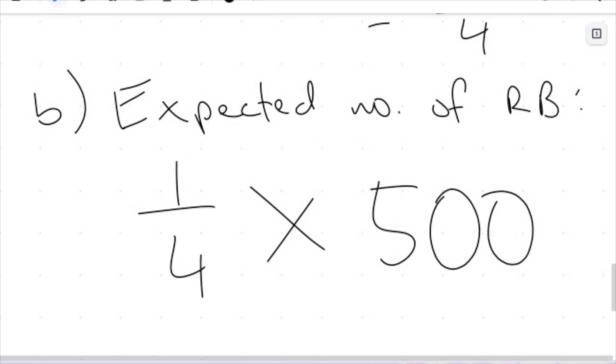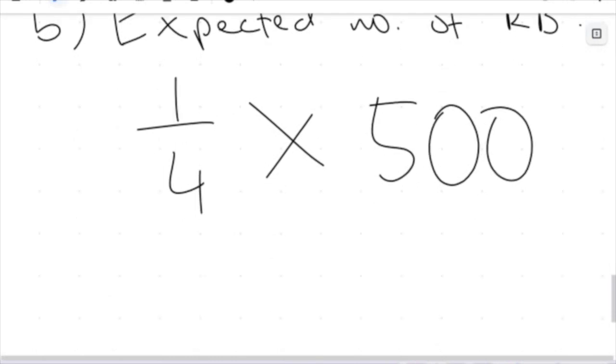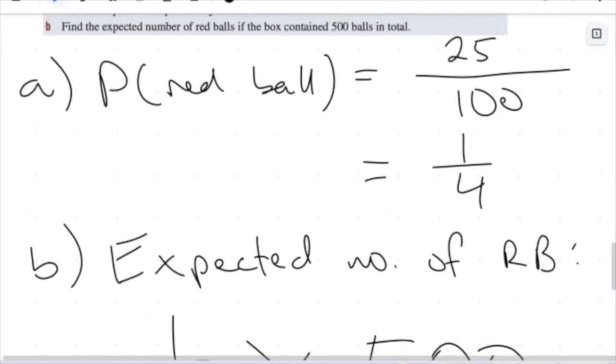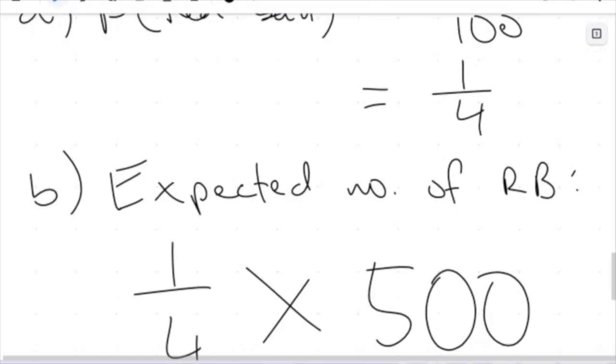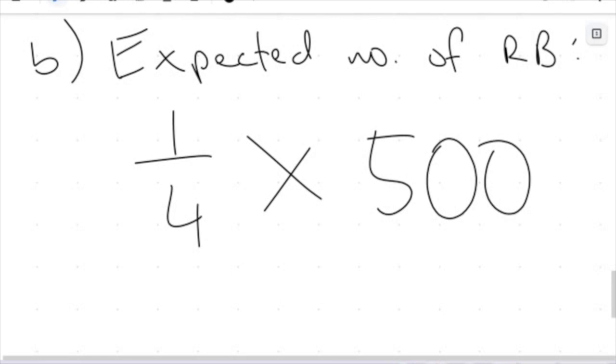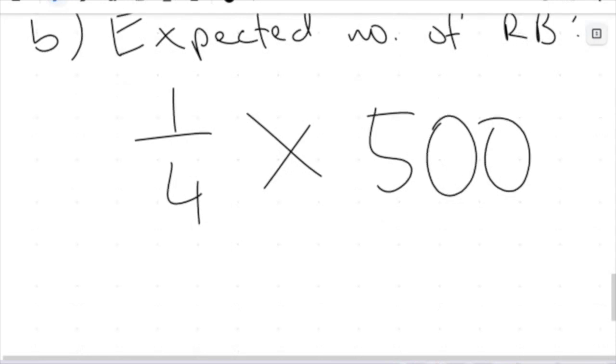And to take this fraction of a quantity, we are going to multiply my quarter by 500. Because if 1/4 of the balls drawn from 100 was 25, I can extend that to my group of 500 by then just taking a quarter of 500. And that is going to give me